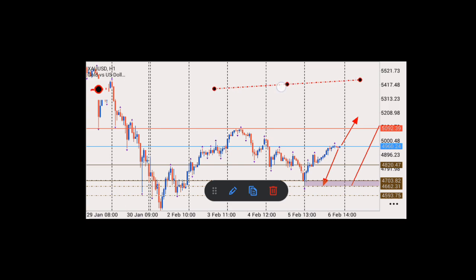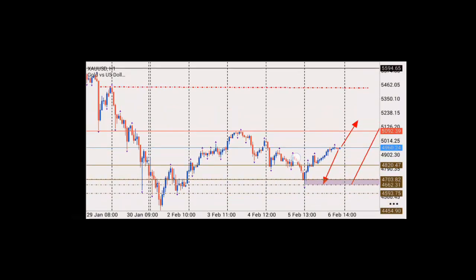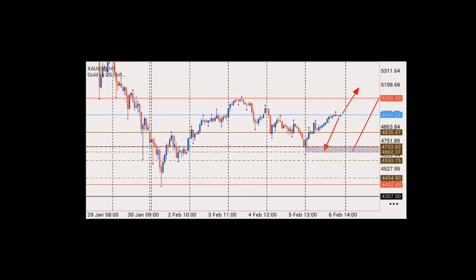So this particular place is our buy side liquidity, and we have our sell side liquidity around here. So I was thinking that price will come, sweep this sell side liquidity before pushing up, but we are not getting it. But if price eventually breaks around this 4520,